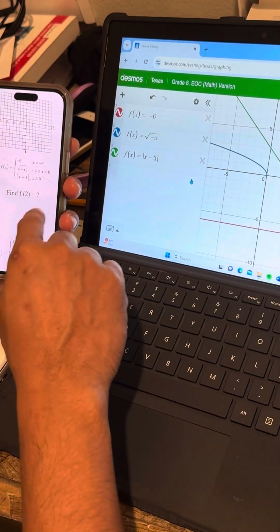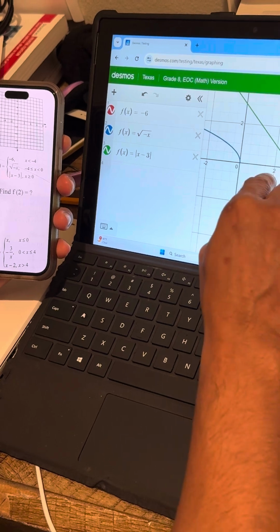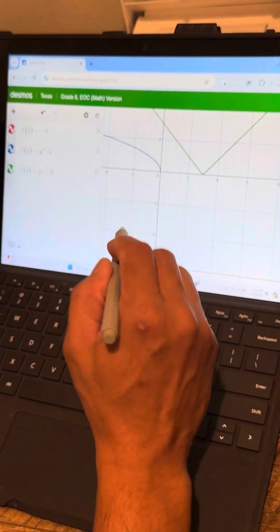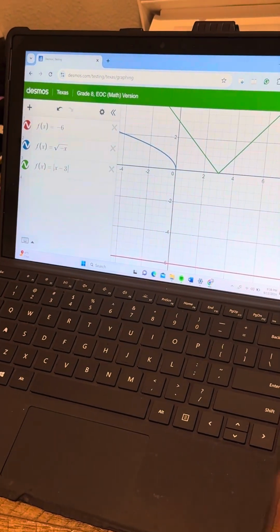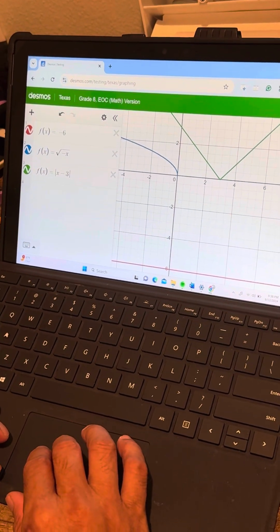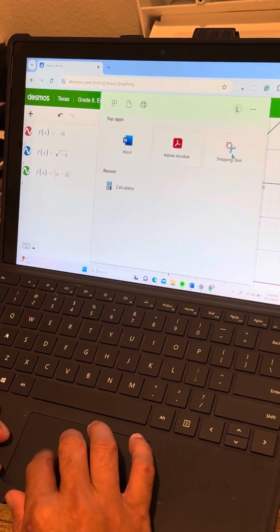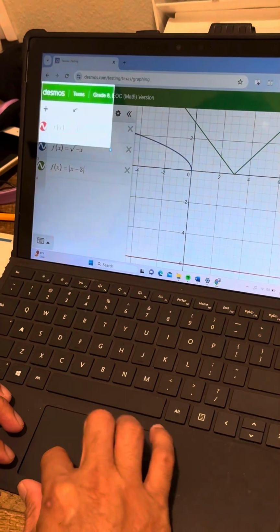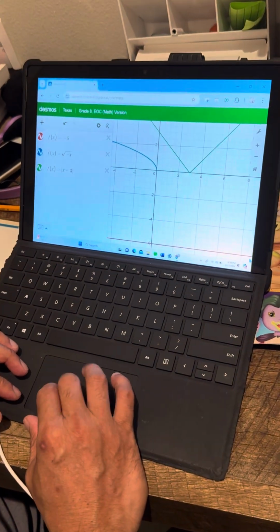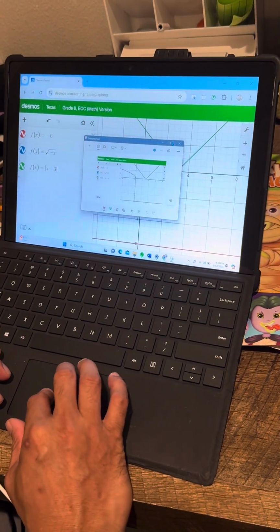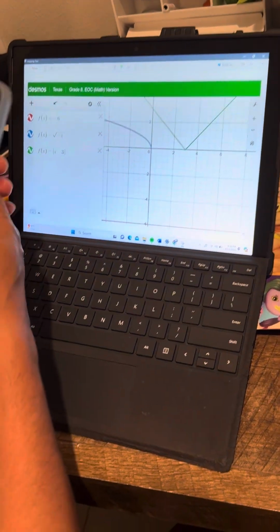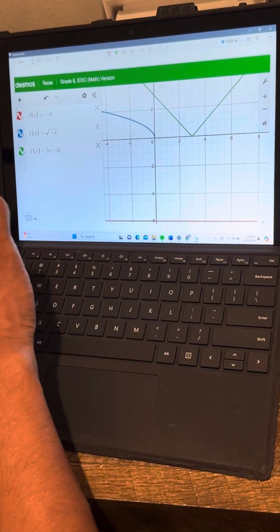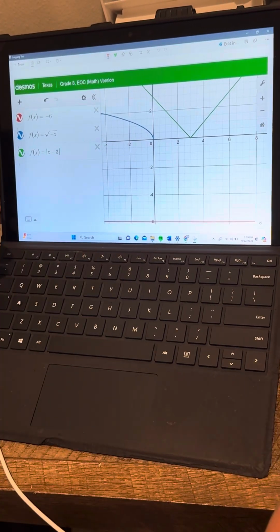So 2 means the value of x. That's the 2. So I need to find out what are the 2's, okay? So again, my goal here, hold on, let me screenshot this so I can write on it. Here we go. My goal here is to find